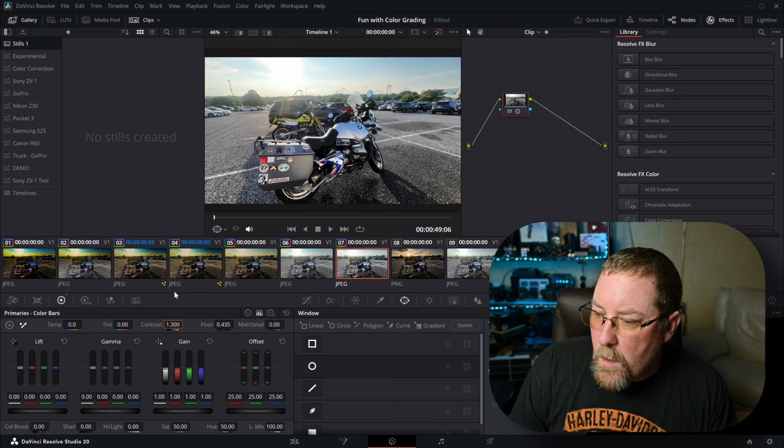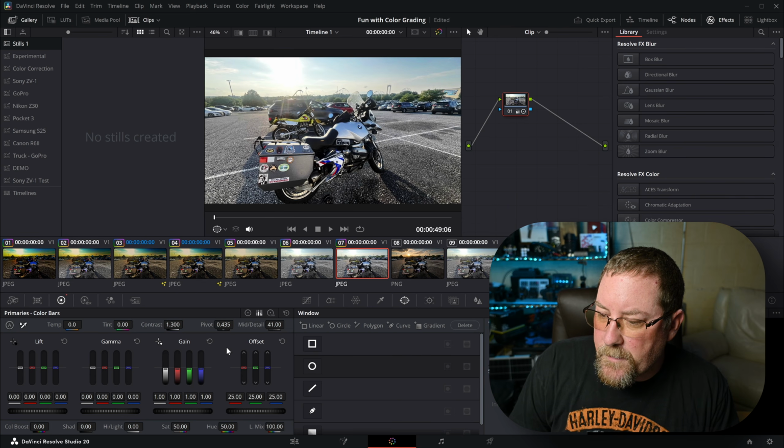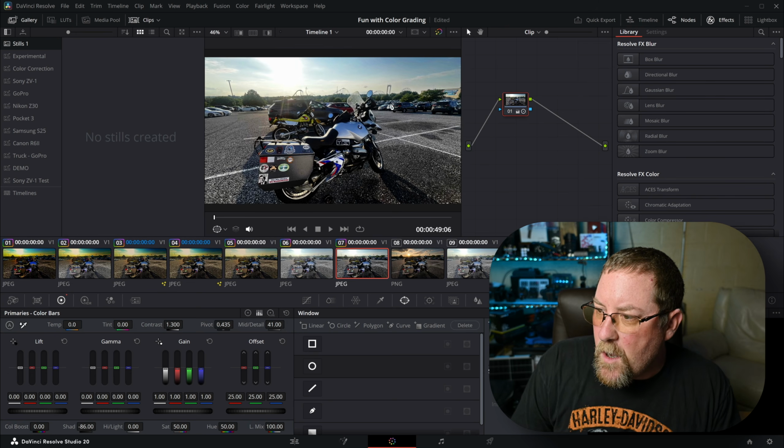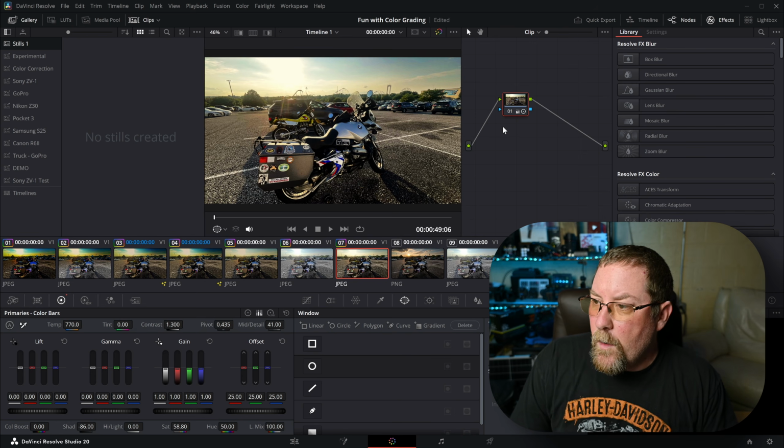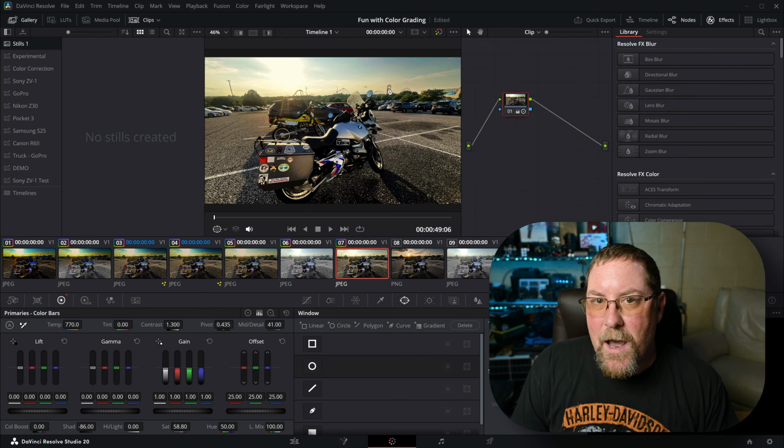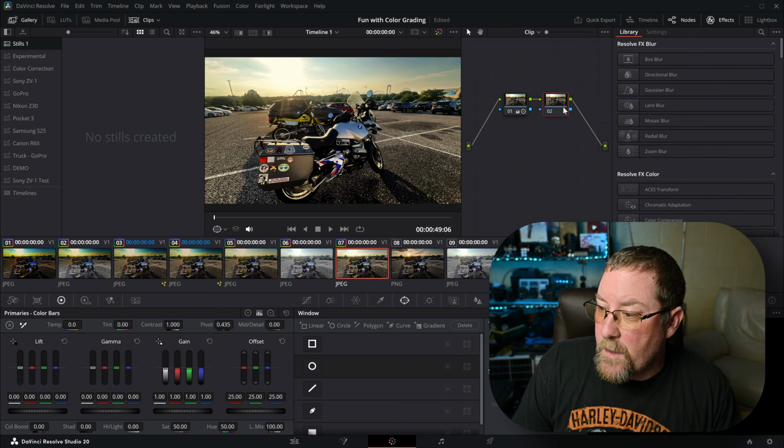That's pretty cool. We want to bring up the mid details a little bit, bring down our shadows quite a bit. We're already seeing a lot of life being put into this image. We can bump up our saturation. We'll make it warmer. Maybe not that warm. That's good. Now, this sky is just not good, so we need to Alt-S to create a serial node, and